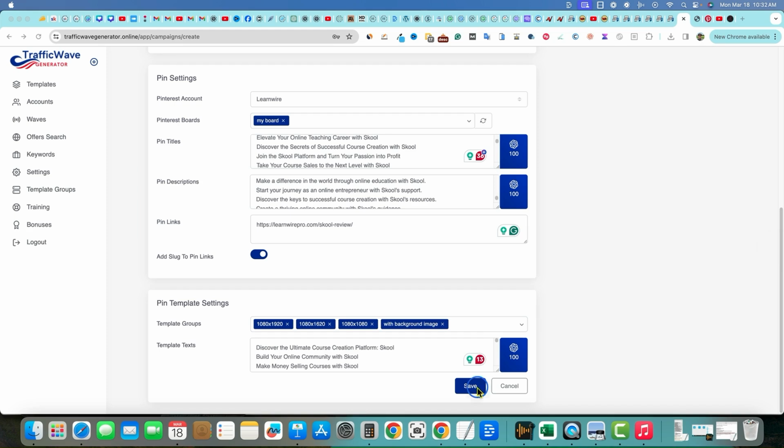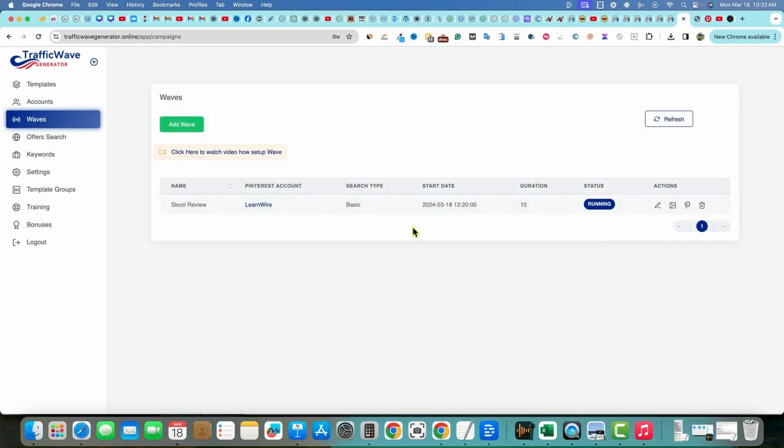Okay, so I'm going to say save. So we're going to save that. And now we have this created, and it's running this for us right now. Duration, 10 days. And we have to wait till it's done running,